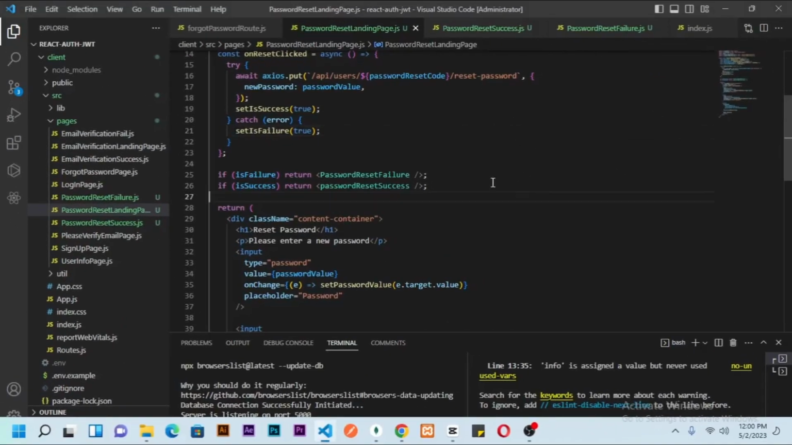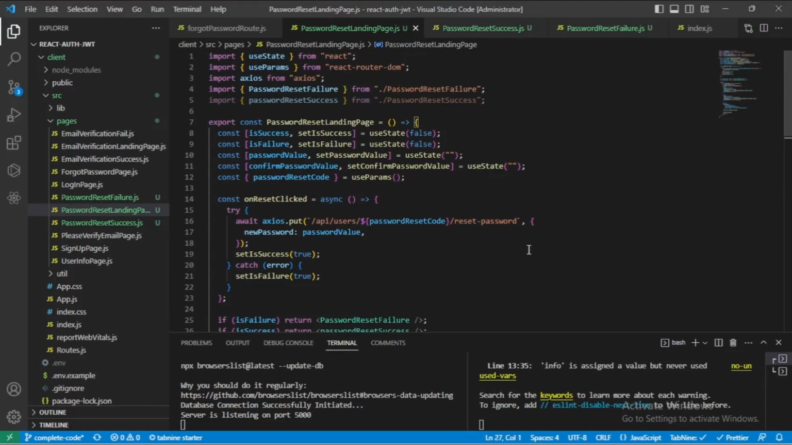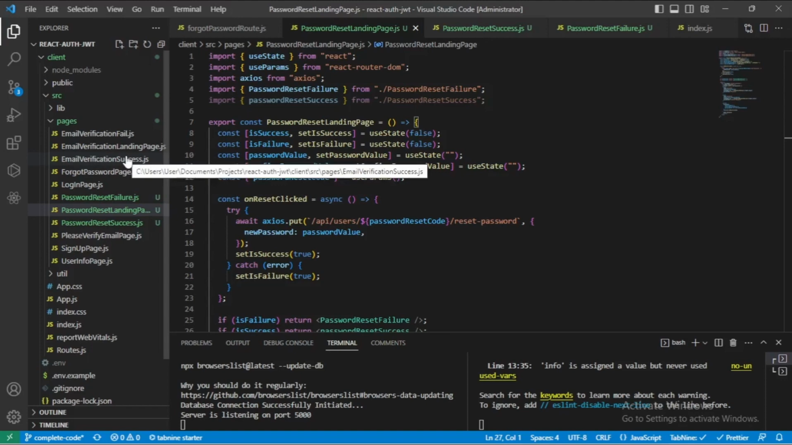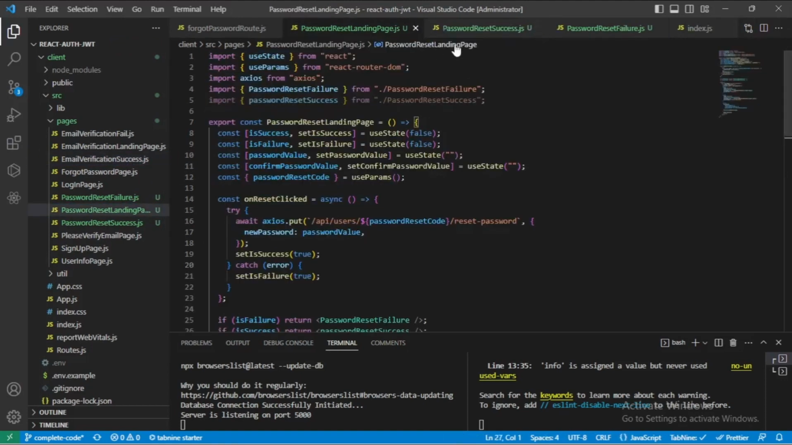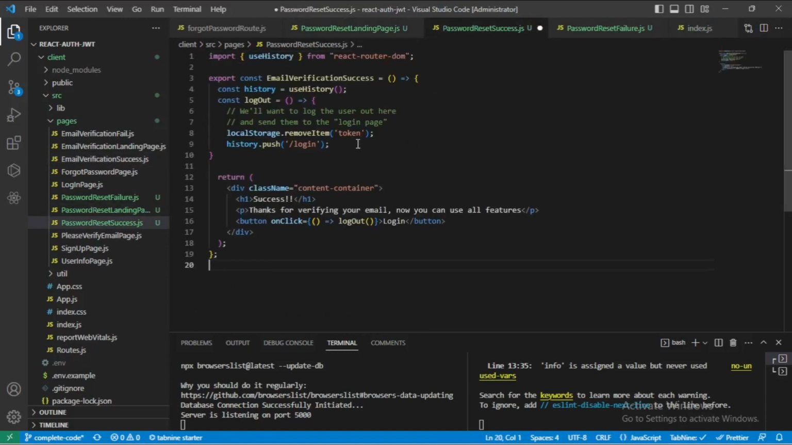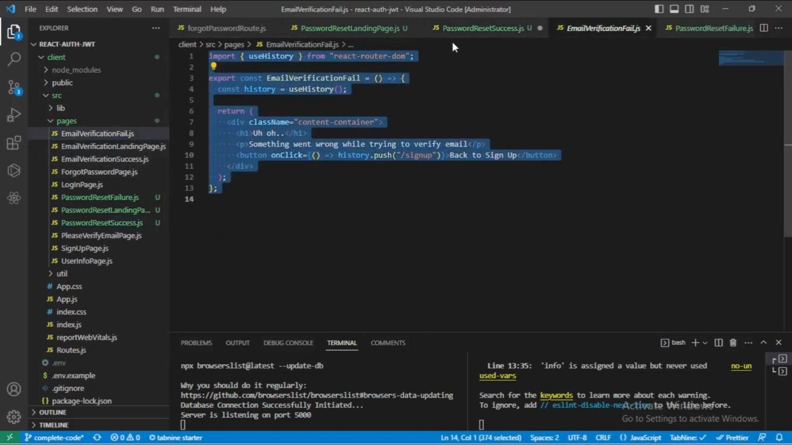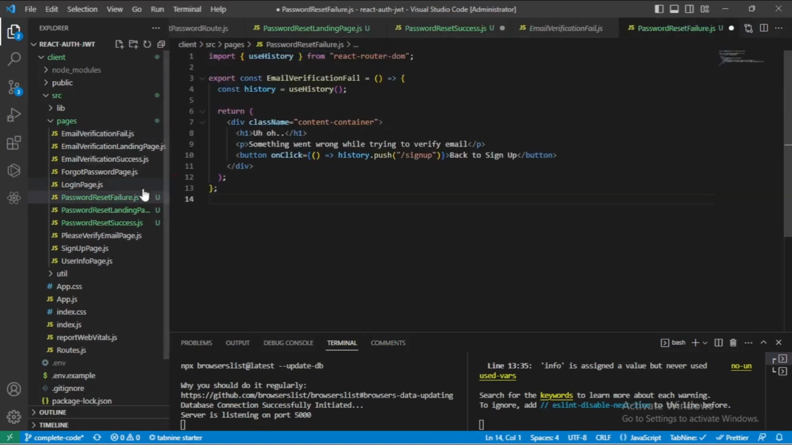In this video, we'll be editing our password reset failure and password reset success. We'll head over to email verification success and copy the code and go to my password reset success and paste it. I'll change the function name to password reset success. Then I go to email verification fail, copy and go to my password reset failure, paste it,